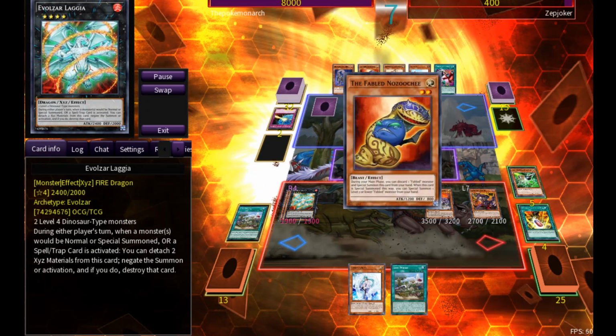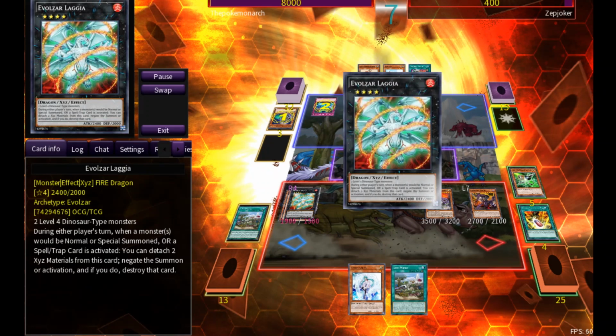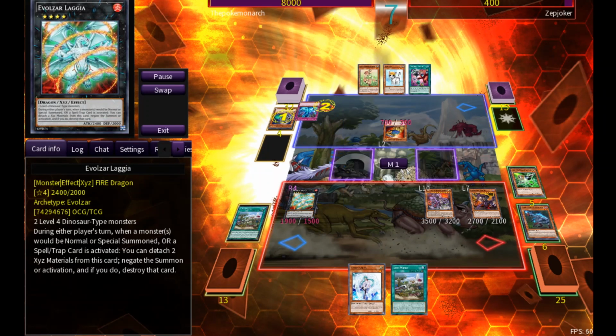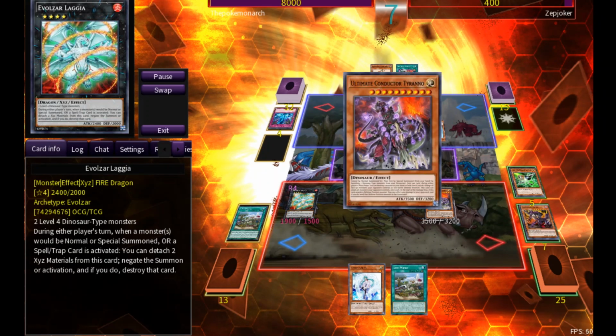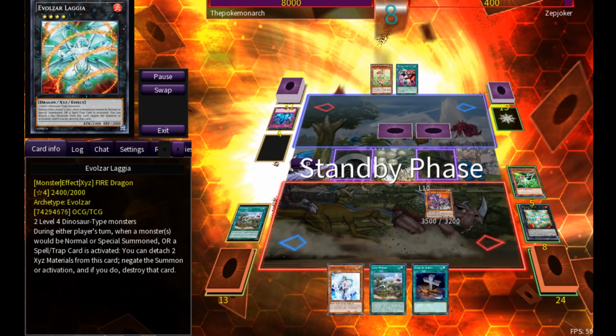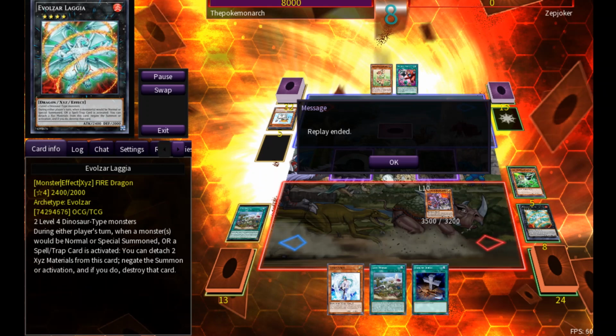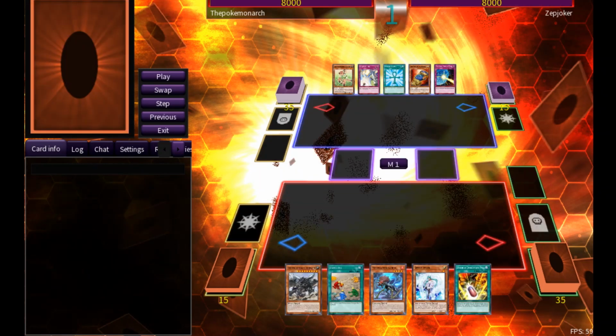So, his turn. He attempts to summon multiple monsters. We negate his Torrential Tribute, and we end up Book of Mooning his 2 monsters, and then attacking over his face down and using effect damage to win game number 1 against Brian. Game number 2, we